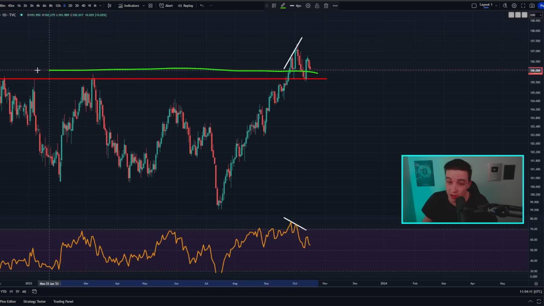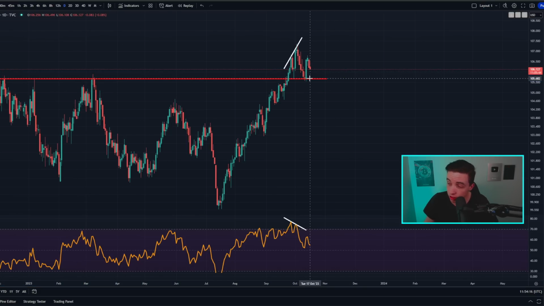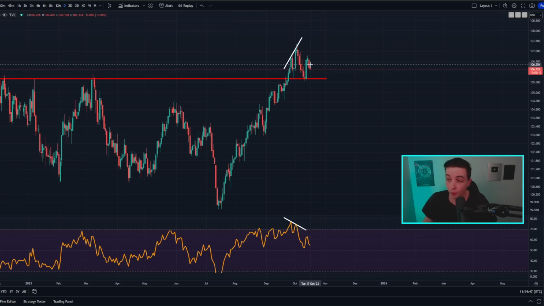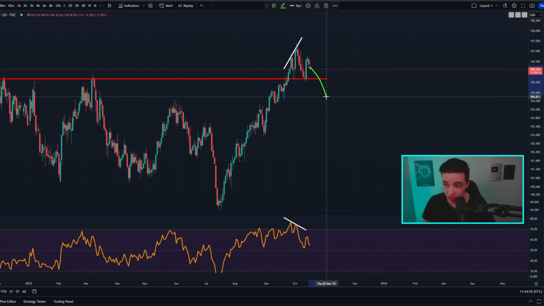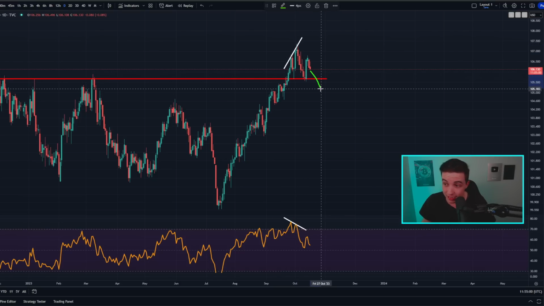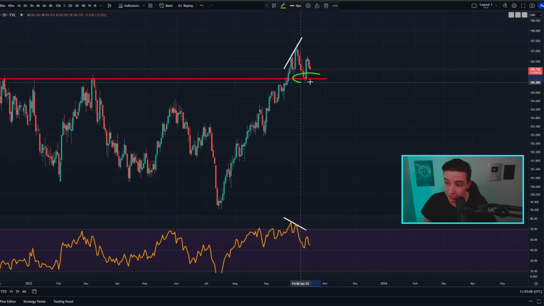So this line is definitely a significant level to pay attention to on the DXY, and this is sitting at around 105.6 to 105.7. So basically, if we end up seeing this bearish divergence continue to play out here in the DXY, and we actually see a confirmed break back below this significant level on the chart, then obviously breaking below a significant level by itself is a bearish signal. Also, if we break below that level, we would be forming a new local lower low after forming a lower high. And so essentially, if we see that signal, that would point towards a potential trend reversal from this bullish trend into potentially a new bearish trend if we break this level on the DXY.